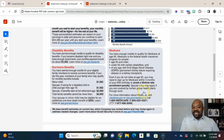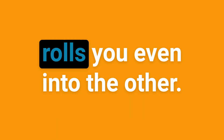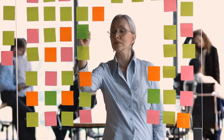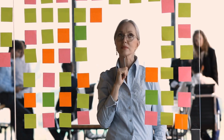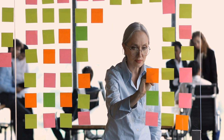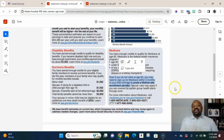And then we move over to this next Medicare box, and that's also included in Social Security benefits, because we talked about the credits in the other video, where the credits in Social Security and Medicare often work together. Sometimes when you enroll in one, it automatically rolls you even into the other. But when it comes to Medicare, it says you have enough credits to qualify for Medicare at the age of 65. And there are some important things that they do mention that I often tell all of my clients as well, which is even if you do not retire at the age of 65, you still may need to sign up for Medicare within 3 months of your 65th birthday to avoid a lifetime late enrollment penalty,